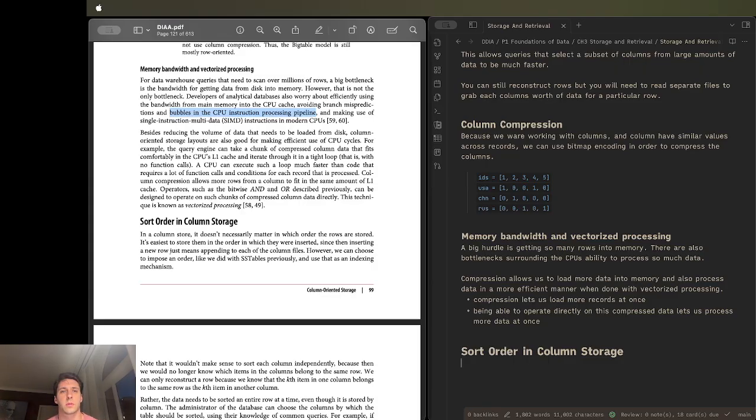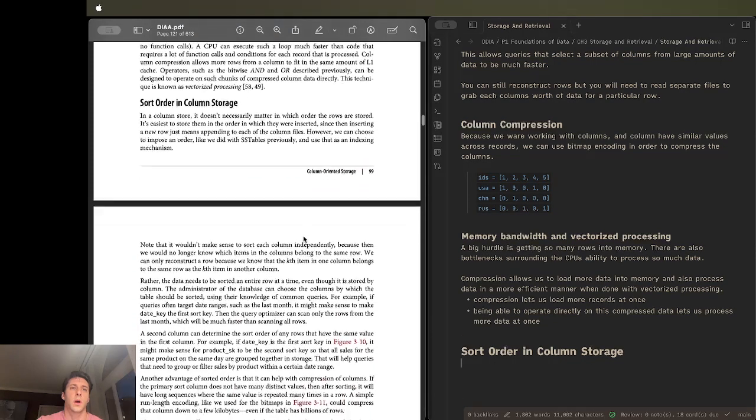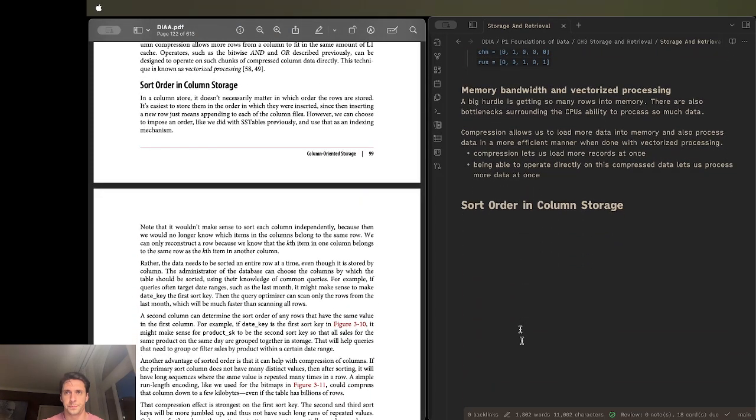It doesn't matter in which order the rows are stored. It's easiest to store them in the order in which they were inserted. In a column store, it doesn't necessarily matter in which order the rows are stored. It's easiest to store them in the order in which they were inserted, since then inserting a new row just means appending to each column file. However, we can choose to impose order like we did with the SS tables previously and use that as